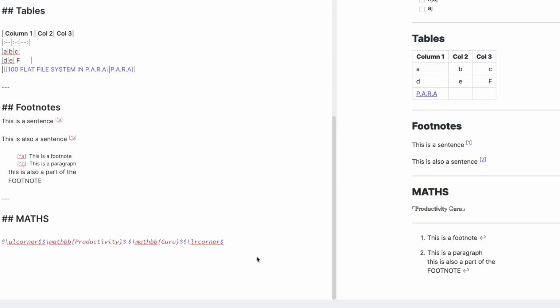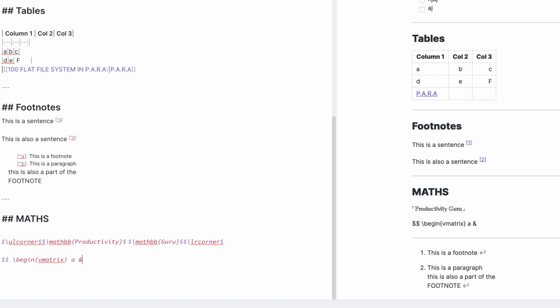Since this is a maths module, let's do some maths. So let's create a matrix. So to create a matrix, we'll do $\begin vmatrix A and B \\ C and D, and we'll end that.